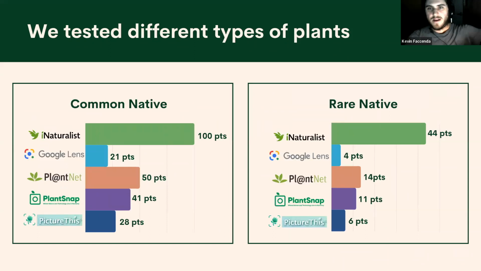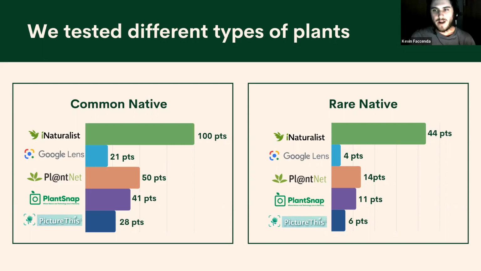And then we also tested different types of plants. So we tested common native plants. And for this one, iNaturalist was 14 for 14 with the native plant photos that we inputted for the common ones. So it was very accurate for common natives like Ohelo and Ohia, BIISC, things like that. I wouldn't say it's 100% accurate. It just happened that with these 14 photos, it got all of them, but it will definitely mess up eventually.